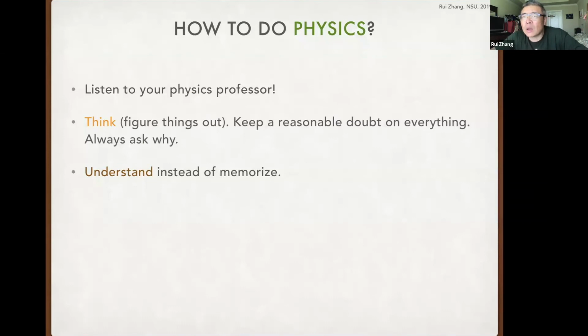Now, if you have something vague, you want to know what it is, it's very easy to search it online, to get an answer online. But to be able to use the information online, you need to be able to understand. You need to be able to think, right? So I think thinking and understanding is more important.